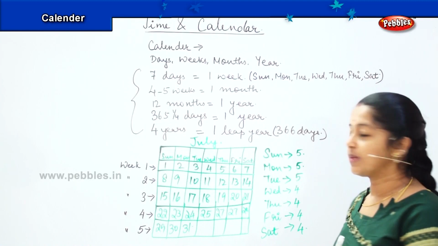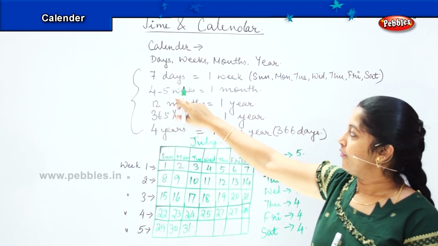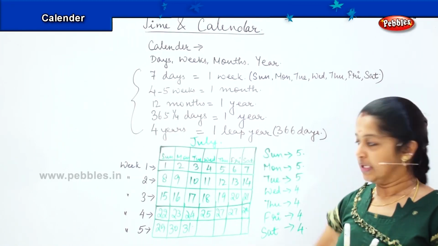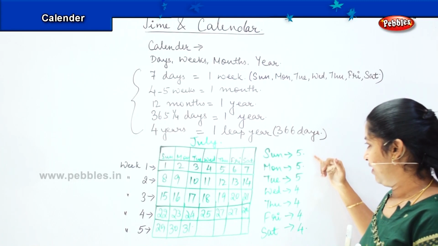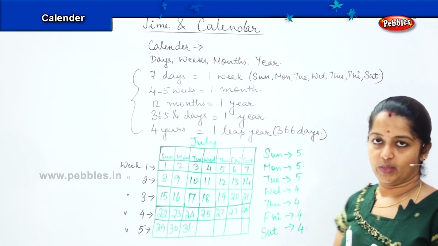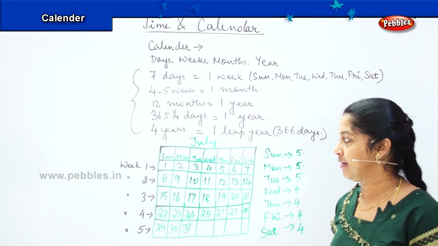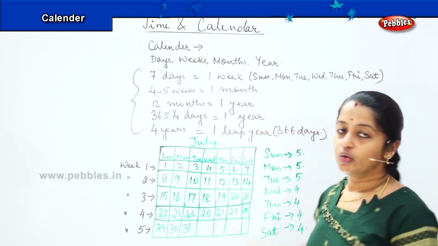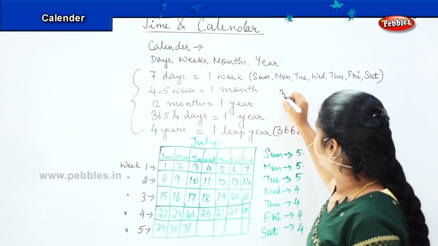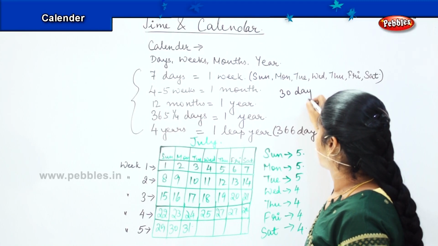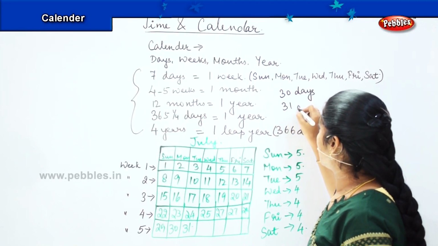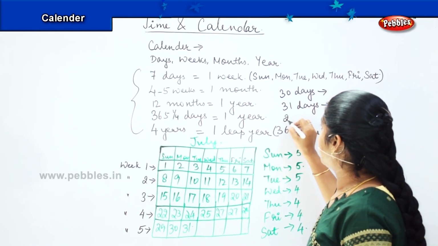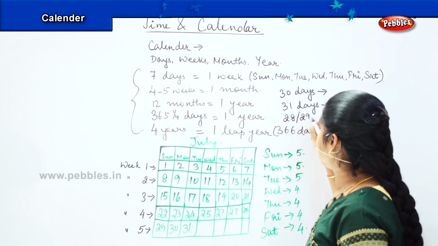Okay. So that is the reason I have written the number of weeks as 4 or 5, because it will not remain 4 throughout. Some of the days will have 5 weeks and some of the days will have 4 weeks. Is it clear, children? Now, the next thing which we cover in a calendar is the months. Some months have 30 days and some months have 31 days. Right? And some months have 28 or 29 days.